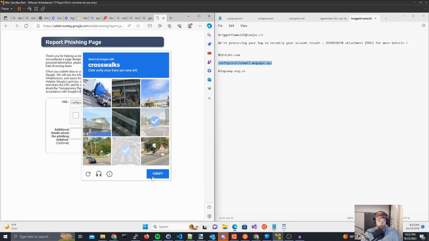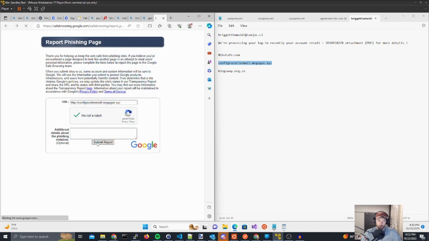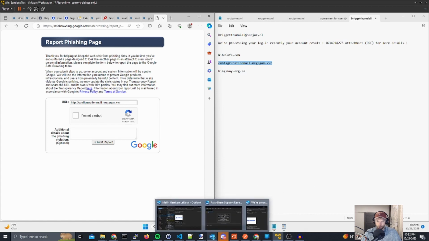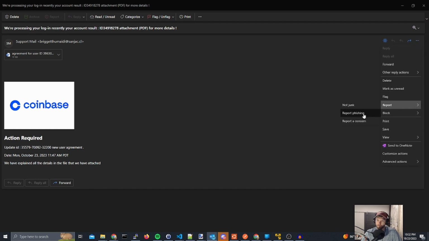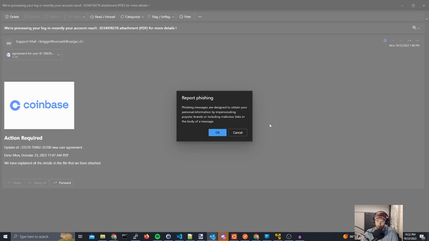All right, so if you ever find one of these pieces of malware or credential harvesting, do make sure to do this. The other thing you can do, which we will do here, is mark as spam. And I'm trying to remember where to do that. Report, here we go. So we can report it as phishing within our Windows email application. And so that also